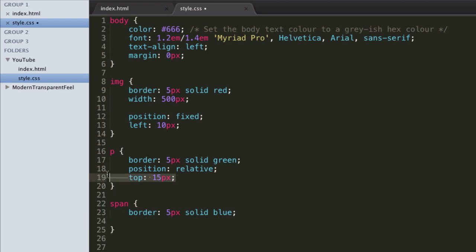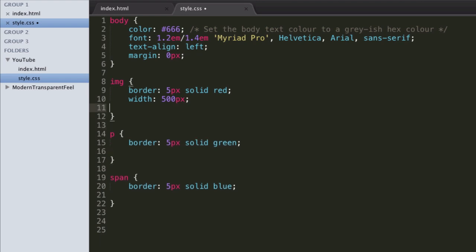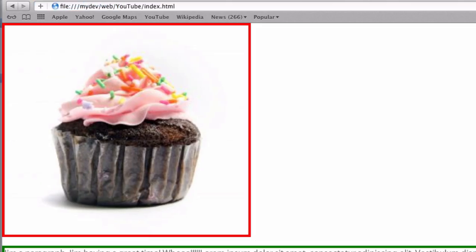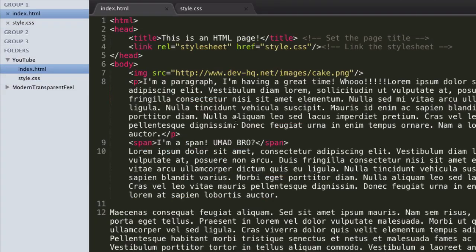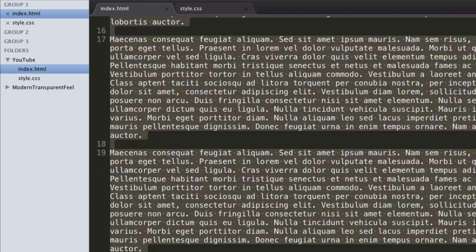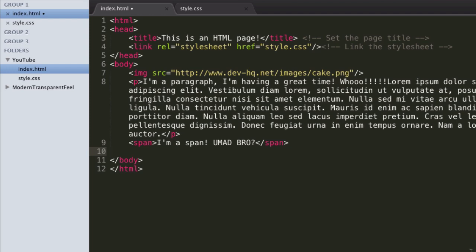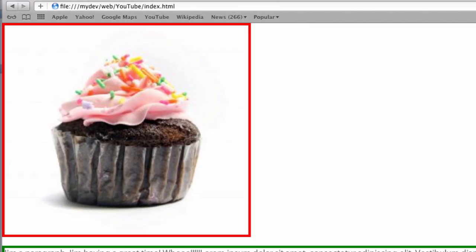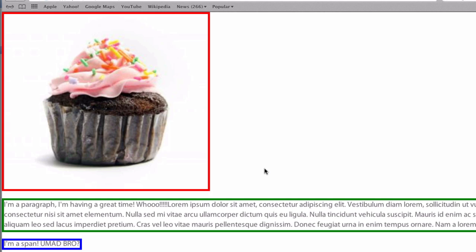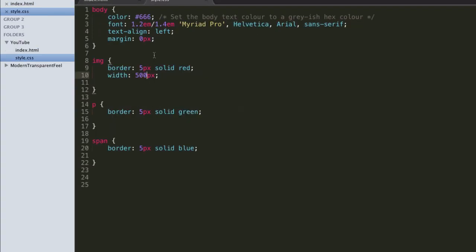Now float is extremely useful. So basically, let's just see what everything's going to look like normally, and let's remove all the filler content we put down here as well. Okay, cool, so this is our page. And float pretty much is just going to allow us to, literally kind of how it sounds, float different elements around the page. So if we just make our cake a little bit smaller first of all,